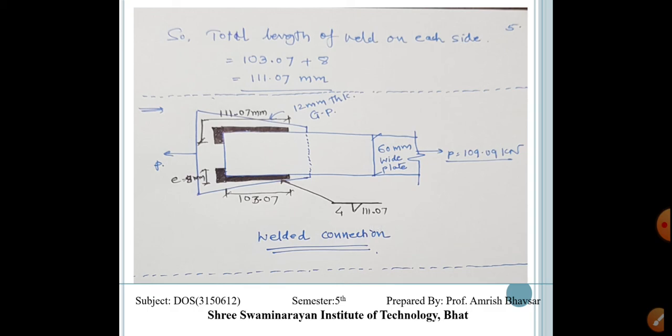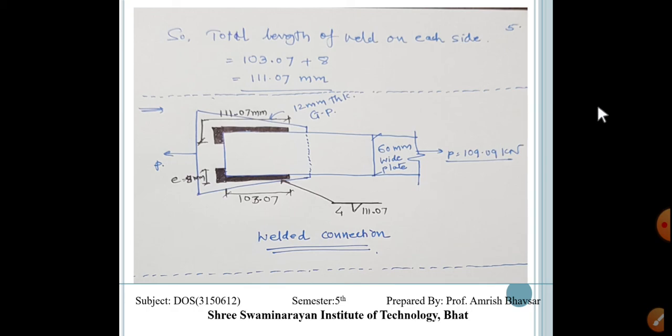For different cases this length must change. Suppose in some case they have told that the welding is all over the plate; in that case we have to consider that much welding, and there is no need to find out the end return at the ends. So in that case we have to find out the total length of welding over here. So this depends on which kind of welded connection is carried out by us. Clear everybody? Okay, thank you.